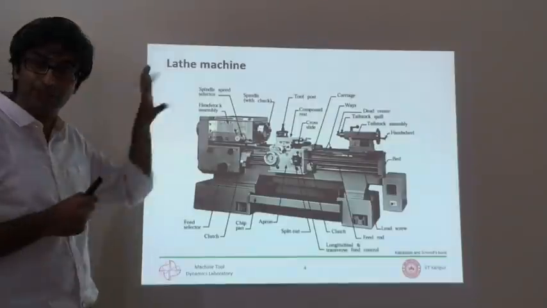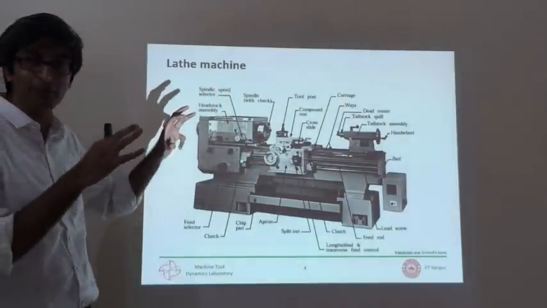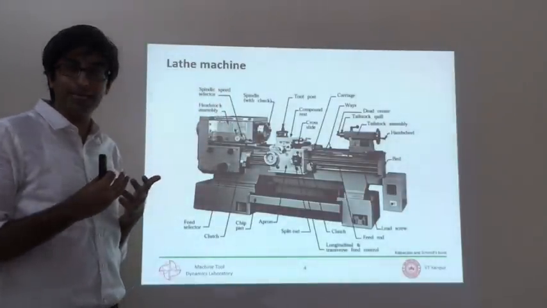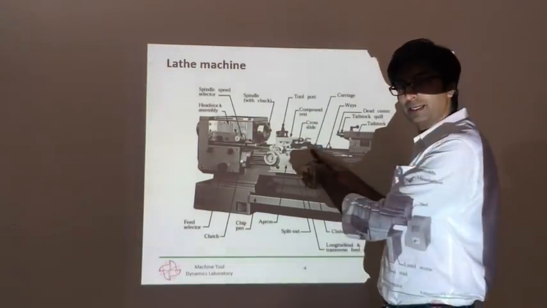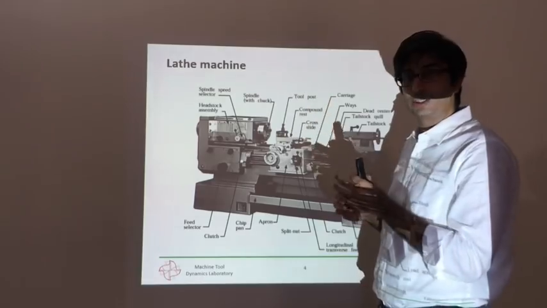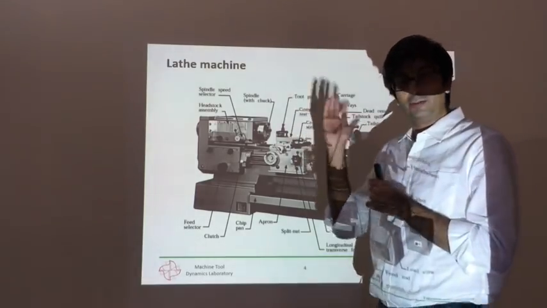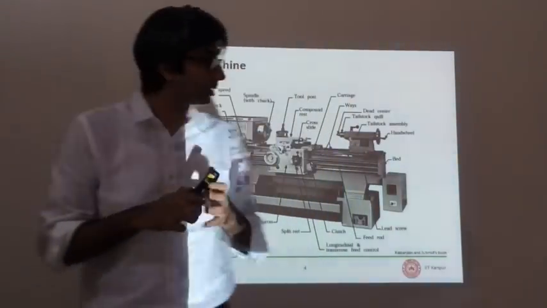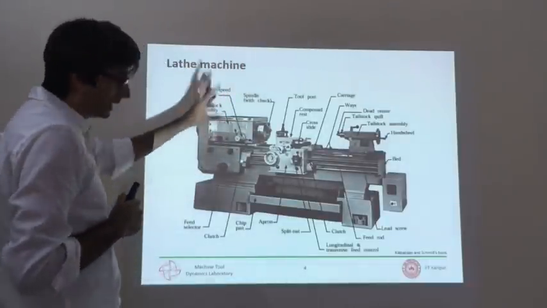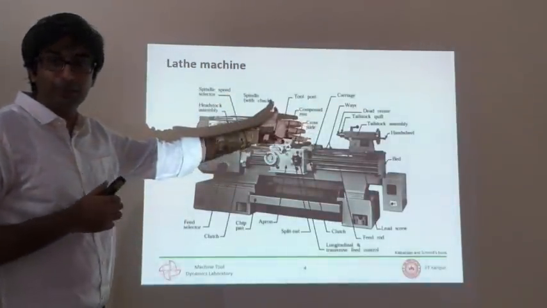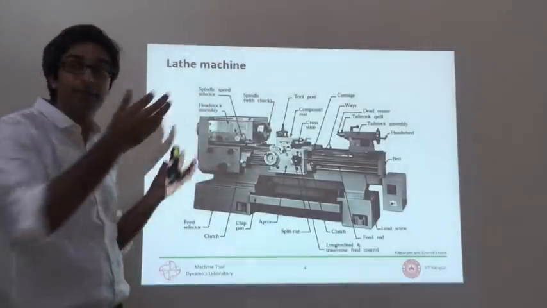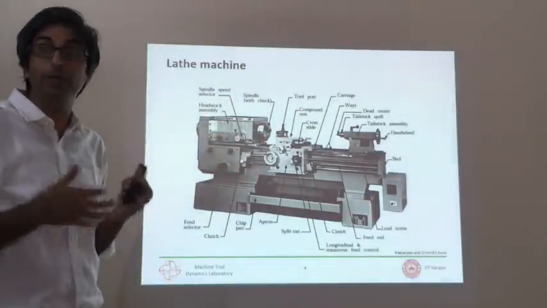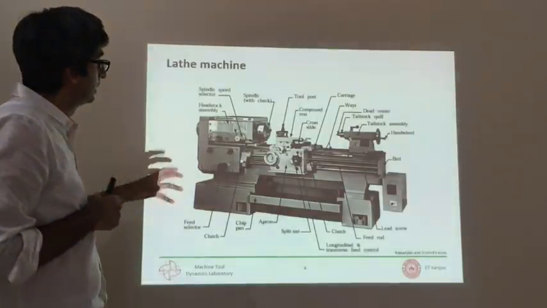I must mention, this is the manual lathe machine. We're talking about manual machines. There is no human standing here, although you can imagine that I am the operator, and I will operate this machine and create whatever is of interest, like you would have done if you were doing labs in this course. There is normally a person associated with this machine, not just one, sometimes two or more, because those are necessary to help load and unload the workpiece material from the machine.